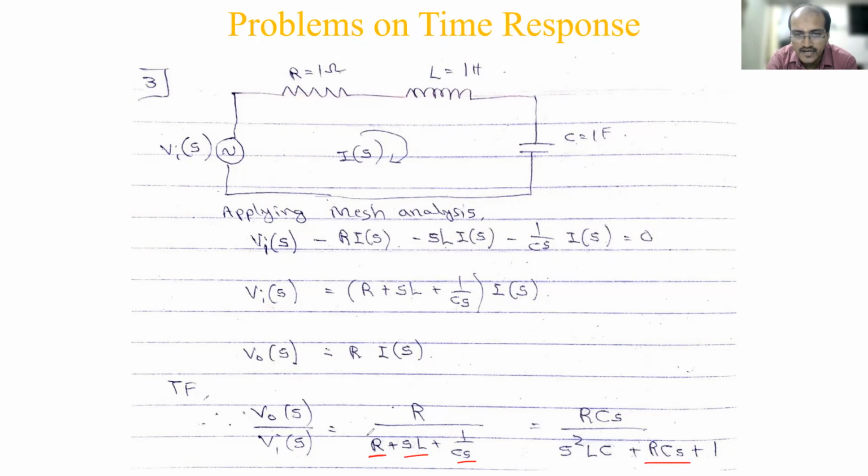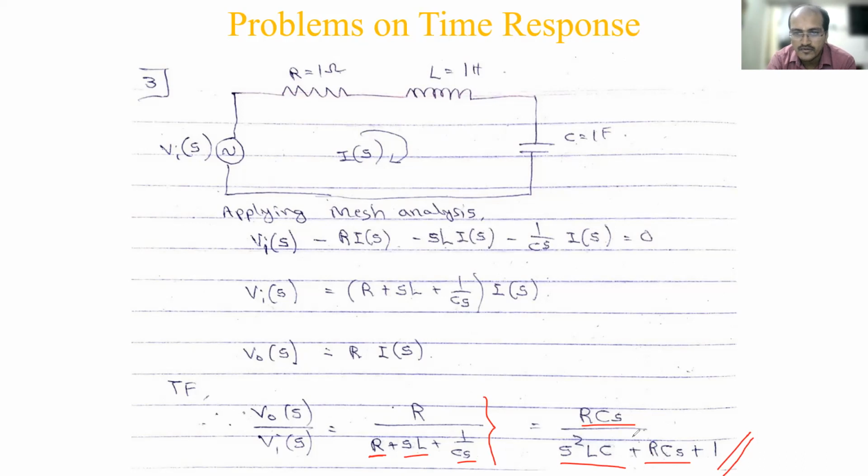RCS. Then you will get S square LC, S and S square, L into C, L square. That I have written first, just rearranged it. And then 1 is there, whole divided by CS, so that will come in the numerator. One step I have missed because you are familiar with taking the LCM and writing it. So directly I have written RCS divided by this. If any RLC network is given in a problem, this is the standard transfer function you will get. Then based on the value of RLC given, you have to substitute it.